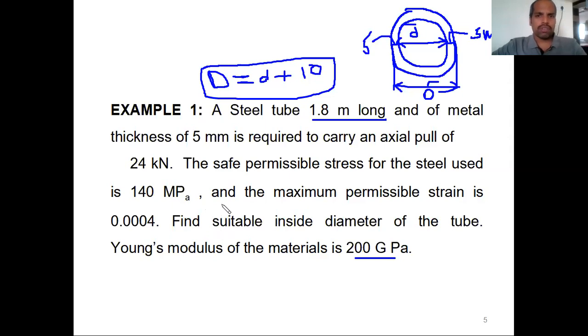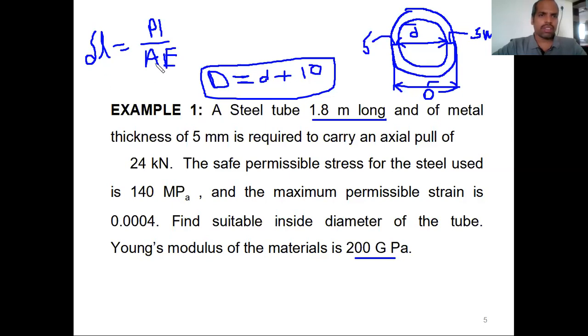First, what equations do we have? He has given Young's modulus, the strain, the stress, and also the length. So we have the equation delta L is equal to PL by AE. First write whatever equations you know, so that we get some idea what is unknown and how to calculate. We have equation 1: delta L is equal to PL by AE.